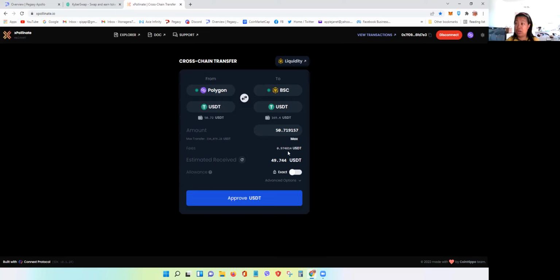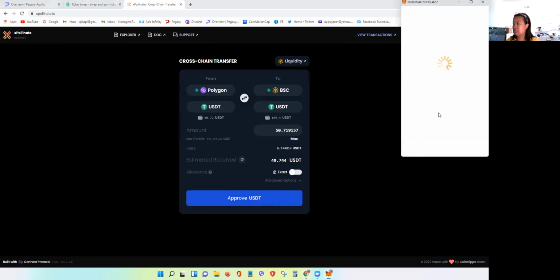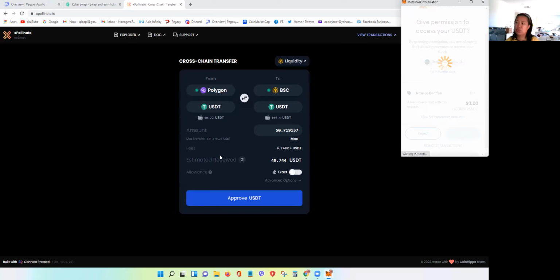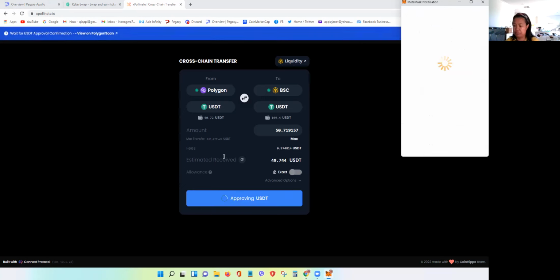Okie dokie. So I hope that's loud and clear. And yes, that's the way to do it. So I'll just click here, approve, because I want to move it to the Binance Smart Chain. Also, if you want to move it to another crypto exchange, you also use the Binance Smart Chain. The reason why we prefer the Binance Smart Chain, because the fees there are lower as compared to the Ethereum,